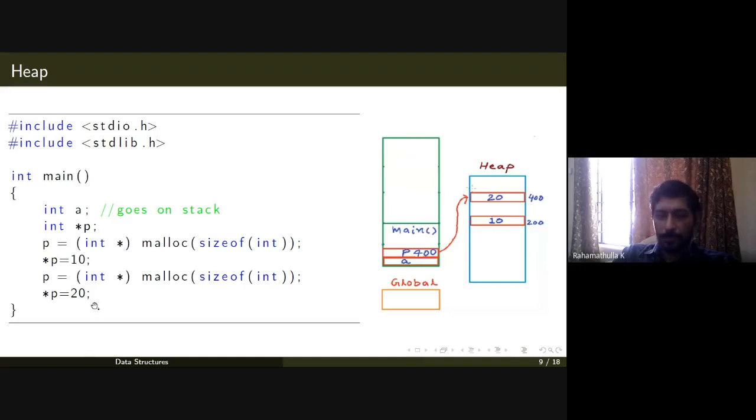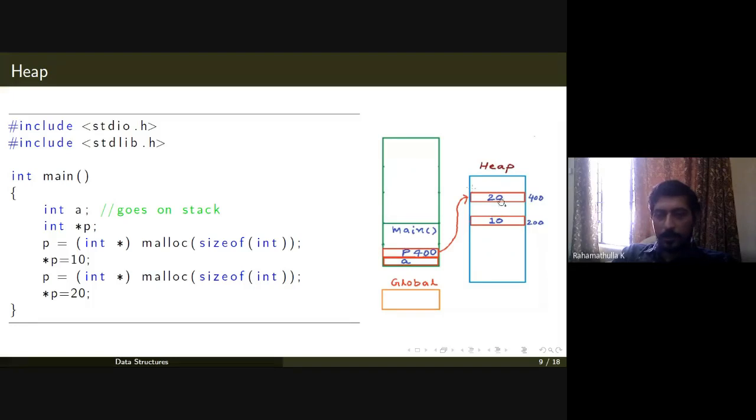Once you execute this statement, it will allocate one more space in the heap for storing an integer, again 4 bytes. Let's say the first byte of that allocation is 400, then that will be stored here, and you can access it again. Star p equal to 20 means it will store the value 20 at location 400.